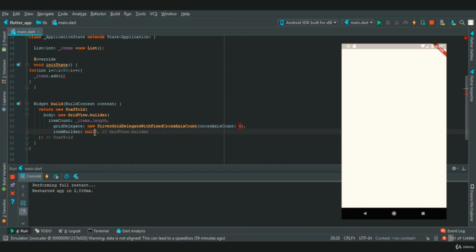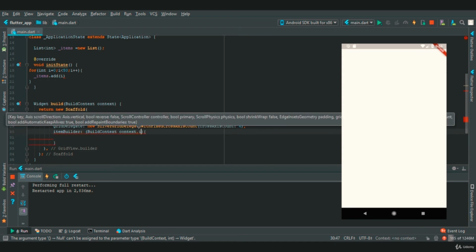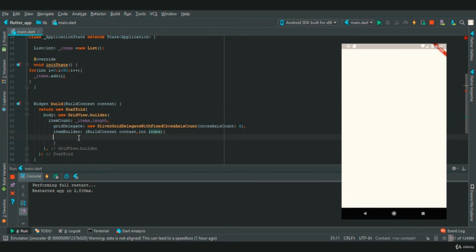and in item builder we will create a function, and this function takes a build context. So we'll type build context, and it takes one more parameter which is int index. And in build item builder we need to return a widget.